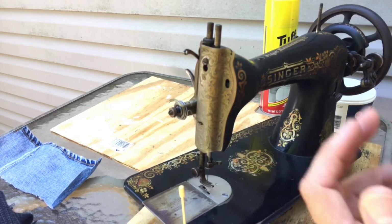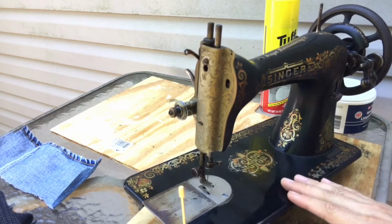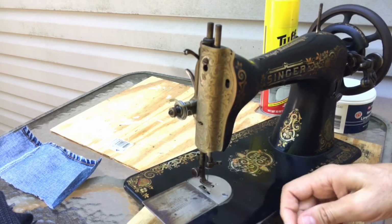Even when I read on people's blogs and see what they're doing, I always want to test it for myself. So always do that. So sewing machine oil, I'm going to show that to you guys. I'm going to show you, and I have a fairly light colored